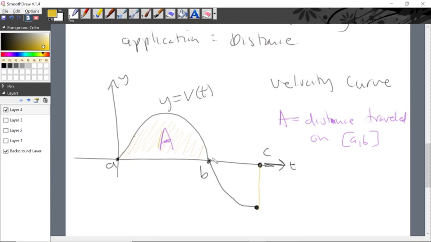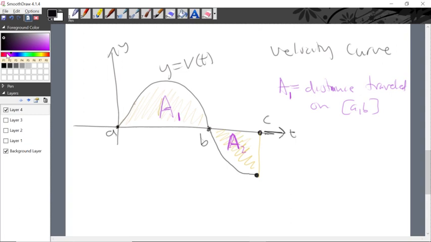Okay. And so now I want to include in here, what are we talking about we're finding? If we were to take the integral of this velocity function, not just from A to B, but if we were to take the integral from A to C. Okay, and now so we have A1 right here is the distance that has been traveled on A to B, but then we have A2 right here. Okay. All right,